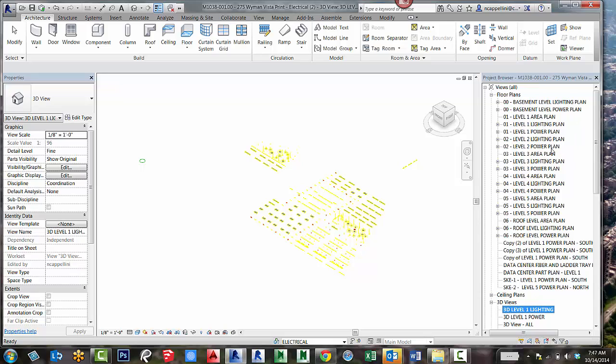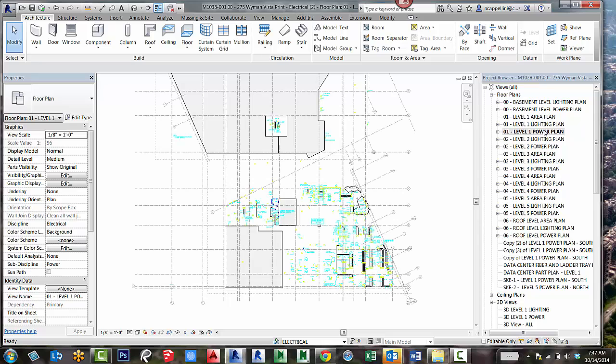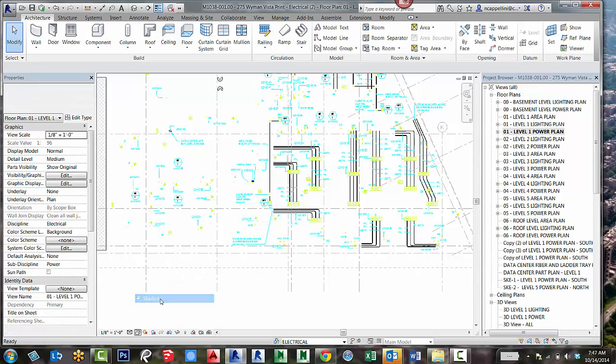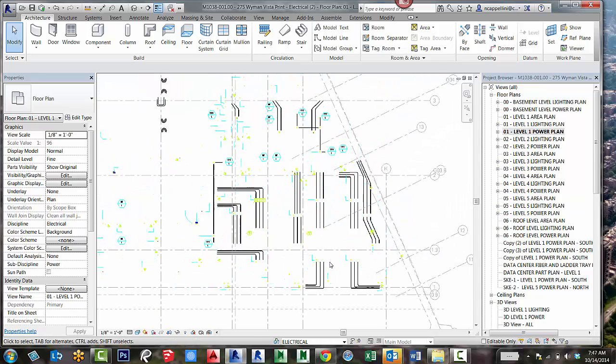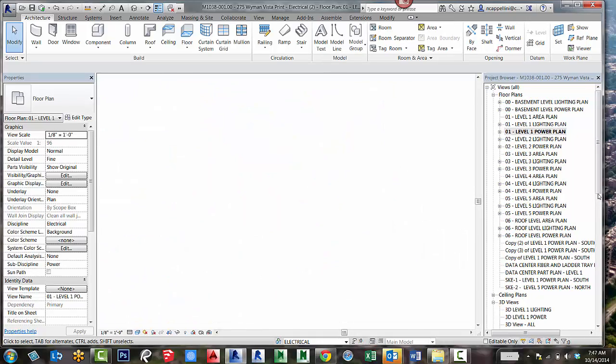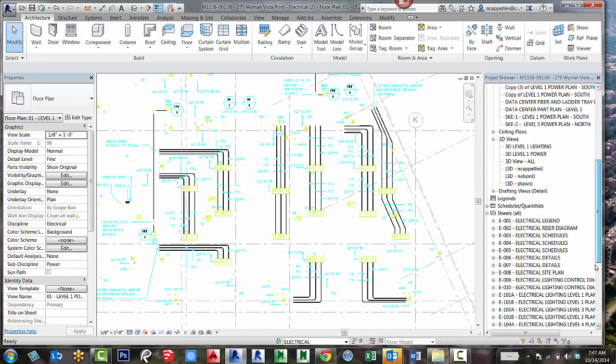So now that I've done my 3D view exports, I'm going to go back to my level 1 power plan and see what I've got going on here. I'm going to change my view settings to fine detail and shaded, because I just want to see how much I have working in here. So this is a good amount of information that I'd like to get to the subs in a 2D CAD